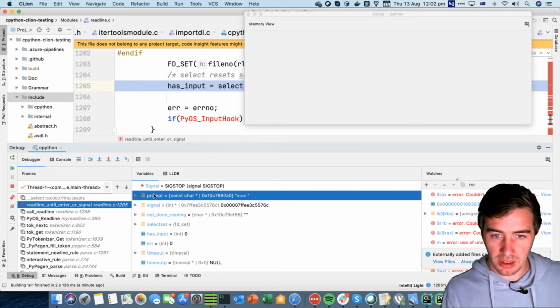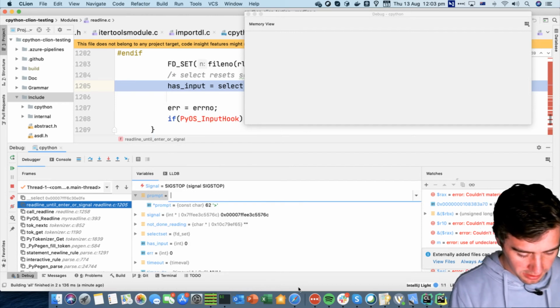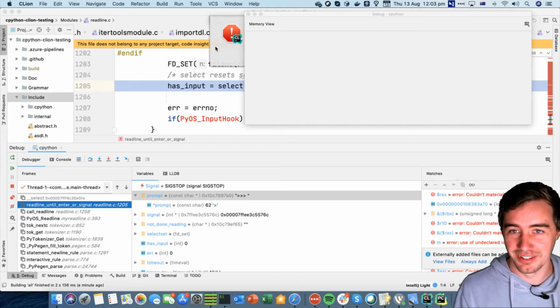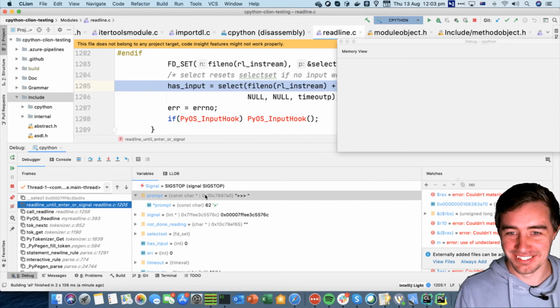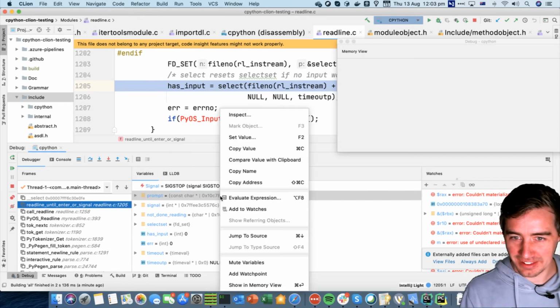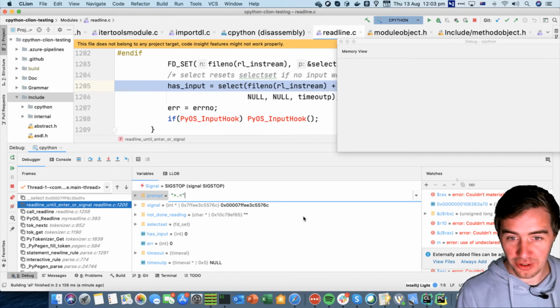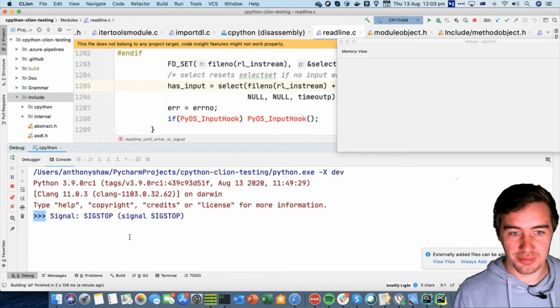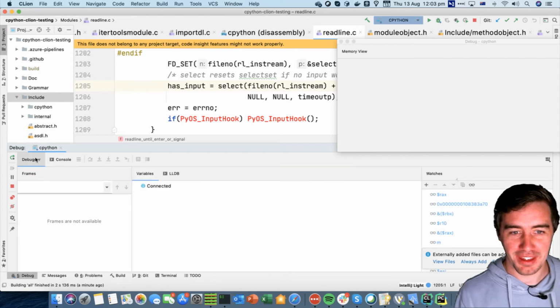So what you can do in C is you can just do stupid stuff like this. Actually, no, that needs to be in quotes. I think. Well, it's probably just not going to let me do that. Oh, maybe it did. And if we resume, it didn't seem to have any effect. Anyway,